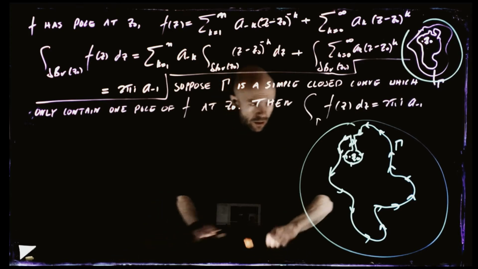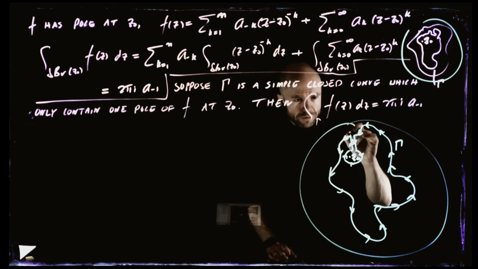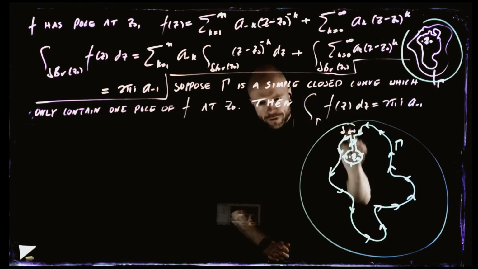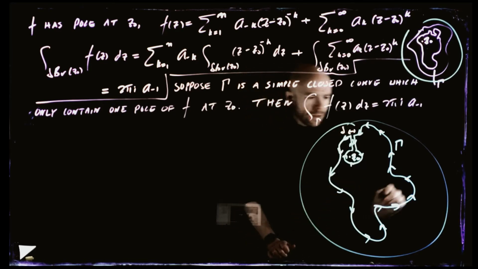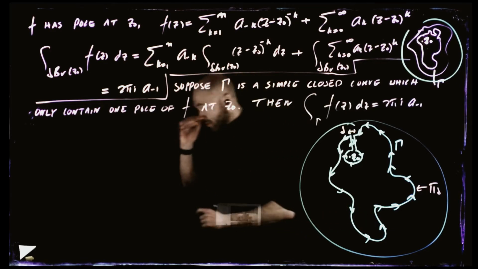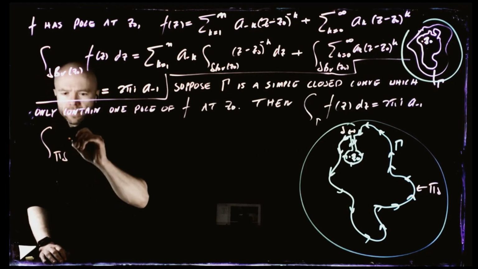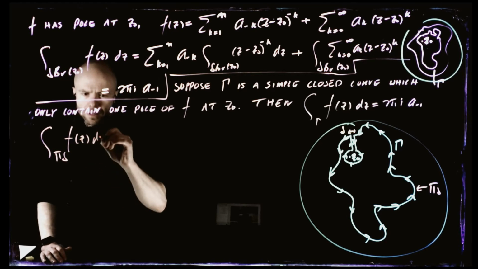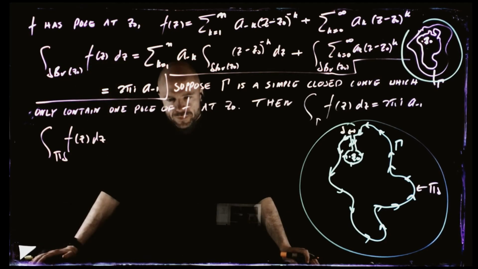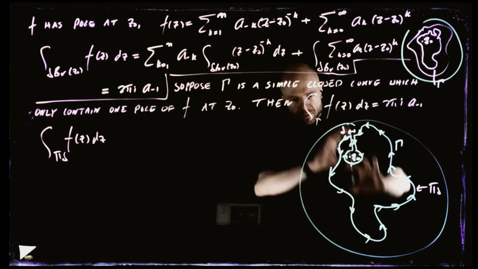So let's call this keyhole contour pi of delta, where delta is the thickness of the little hallway here. Tell me what this is. What is the integral of pi of delta f of z dz? Why is it 0? Yeah, Cauchy-Goursat theorem, because this thing here